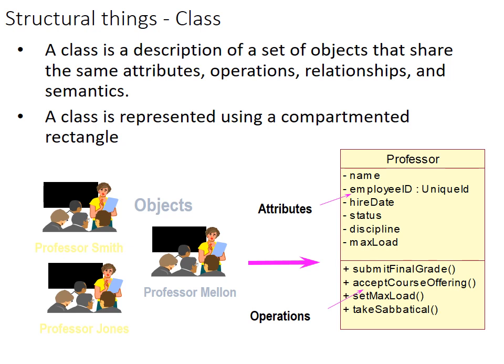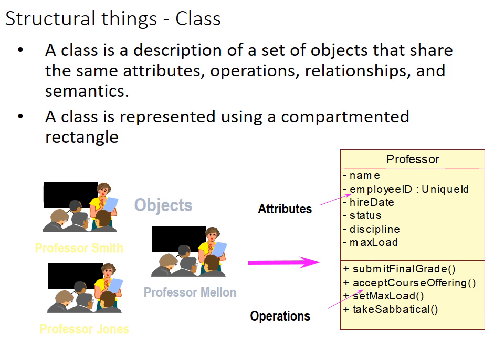Just say I have a structure called professor. Professor is a name of a person, not an individual, but some person who goes and teaches in the classes. We have name and employee ID, unique for every person. We give a unique ID. Whether we have 20 professors, each professor will have a unique number, right? Then hire date, that means when he joined the college, status, discipline, those things, and some functions we do.